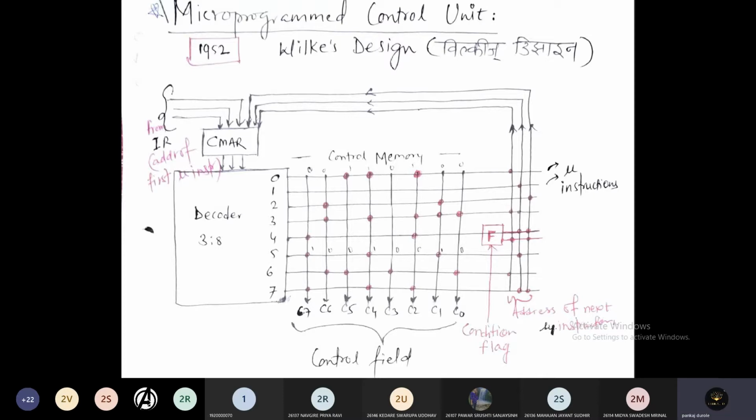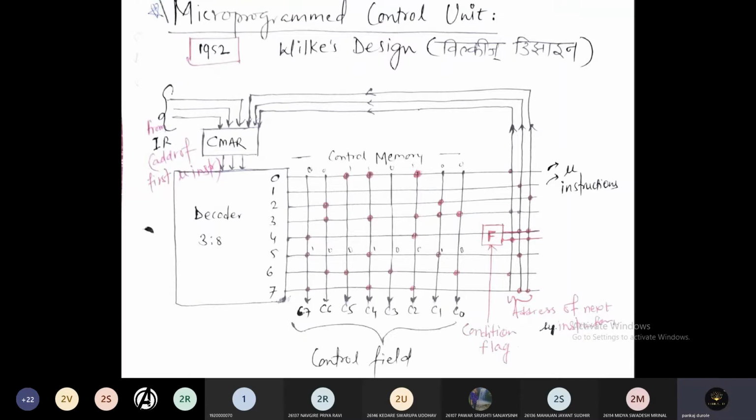Now we know that the computer system runs various software. A software is a group of programs, and a program is a group of instructions. Now to execute the instruction, we need to perform different micro operations. What are those micro operations? The very first step is MAR takes the value from the program counter.